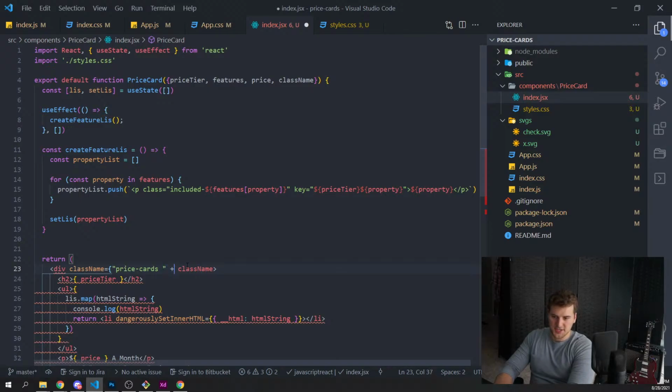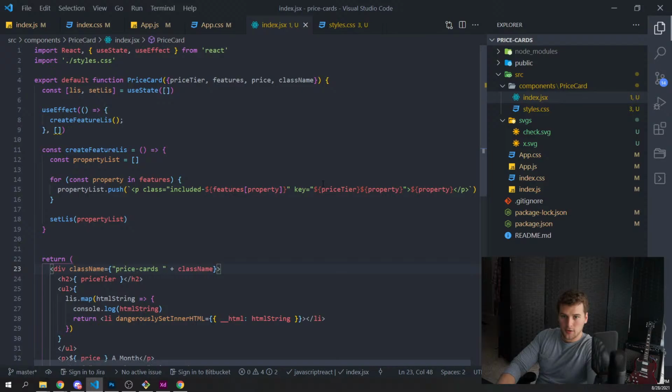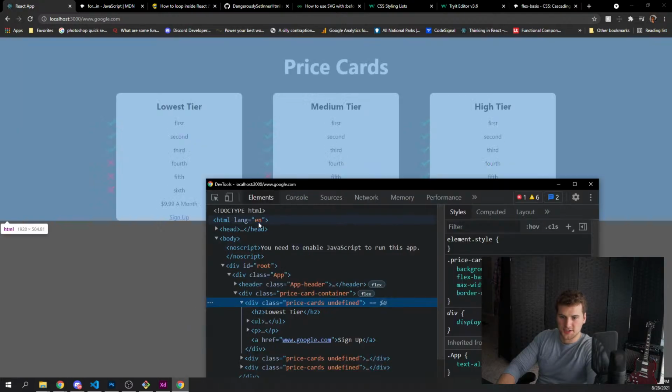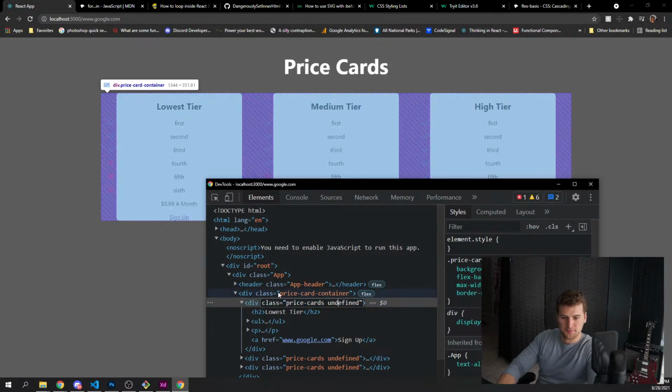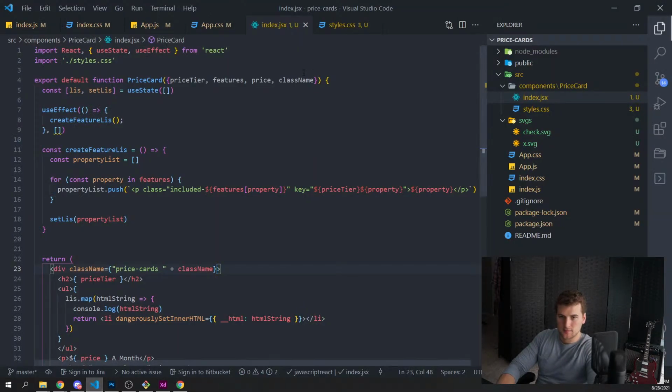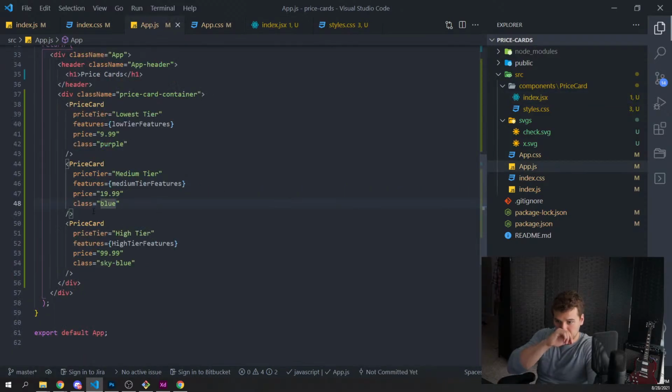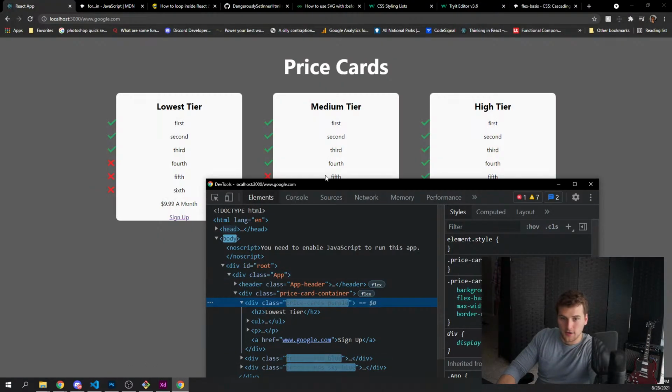And this is going to need a space here, because otherwise those are going to be smushed together. Let's see if that worked. Inspect. Undefined. Because in App.js we're still giving it something called class, so we need to update that prop. And now, sweet, that is gonna work.